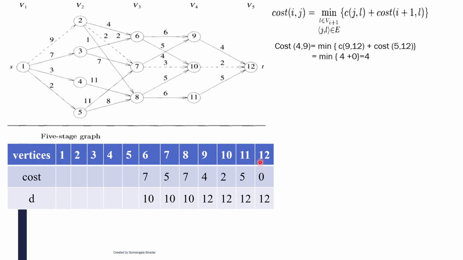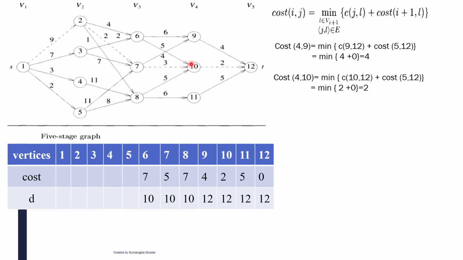In the cost table, this is one table. These are the vertex numbers and this is the cost, and next you need to calculate D here. Now for 12, the cost is 0, because this is the first vertex. 4 plus 0 is 4 here, 9 to 12. So cost is 4. For stage 4, for the 9th vertex, you got the cost as 4, and now you have to update that value. As I told, in the table you have to store the record of the cost here.